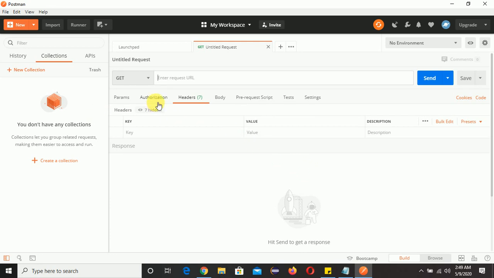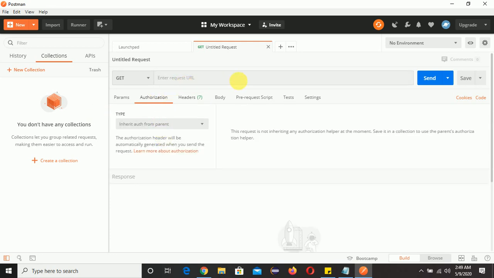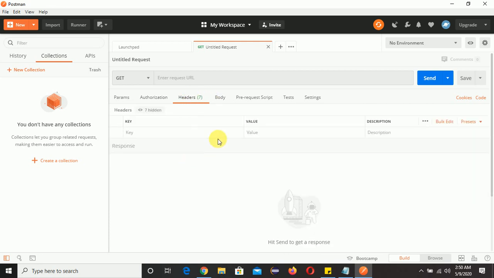You can find Authorization here. To execute APIs, if you're working at an organization level, you need to authorize the API before using it. Otherwise I will be taking a free API, and for that API there's no need to authorize anything. Now we'll come to the Body part. Before Body we'll come to Headers. We need to use headers in the API.